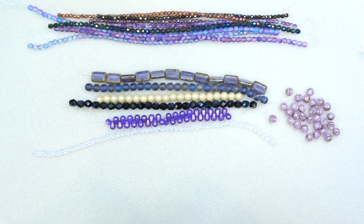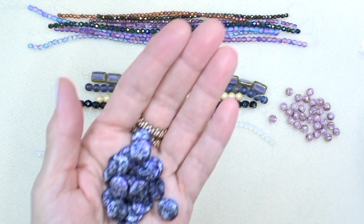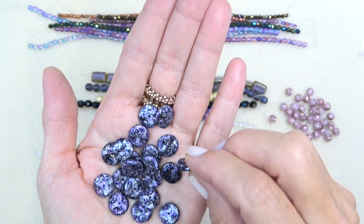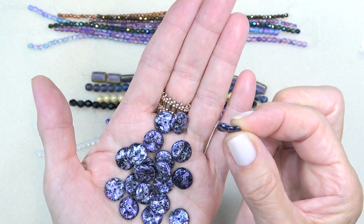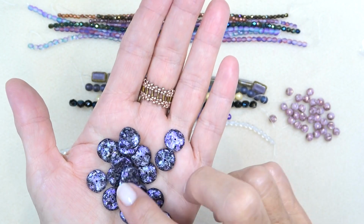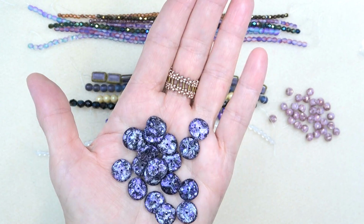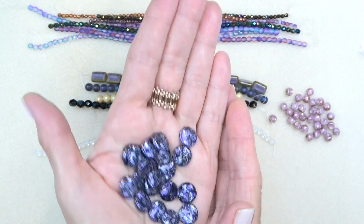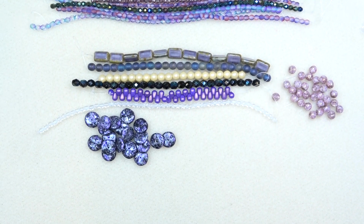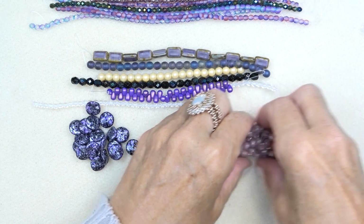And then these were amazing. 12mm check glass cornflakes. And these are black, purple, black, silver, 20 pieces. Look at that bead. Isn't that cool? It's a cornflake bead. So there we go. Got the hole in the middle. These would be so pretty for bead embroidery. And look at the purple and the silver and the black. Hello. Love. Really pretty. Let me move down a little bit. There we go. So let's continue